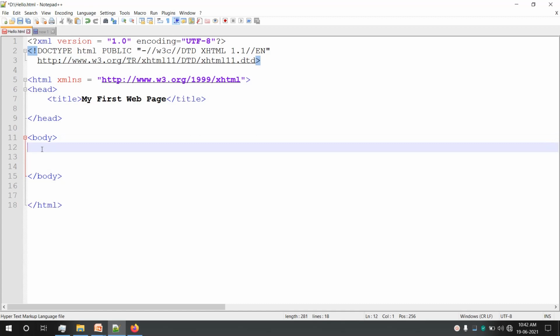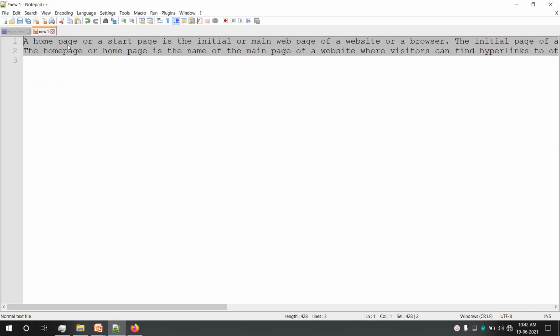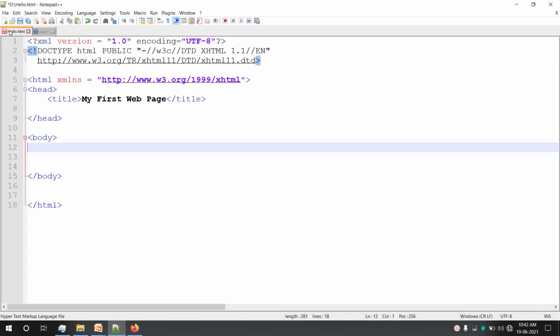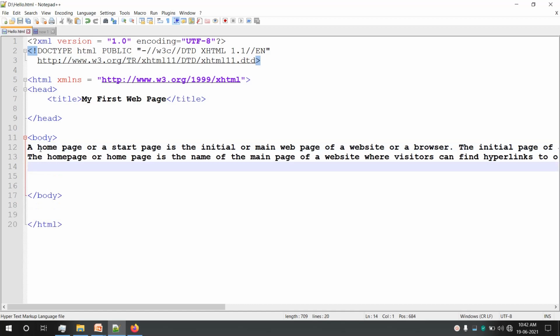Let's say I want to display some paragraph of text. I have copied some paragraph of text here in the new file. I'll copy it from here and paste it inside the body. Right now I am not making use of any tag inside the body, no paragraph tag is used. Let's verify its output first. I'll go to the location where I have saved the file.